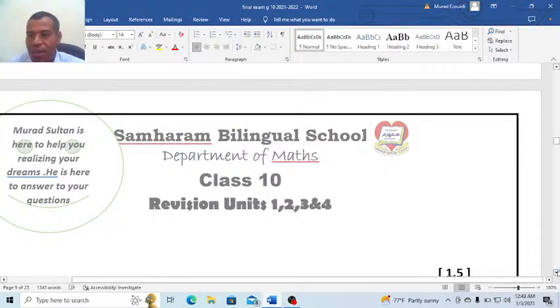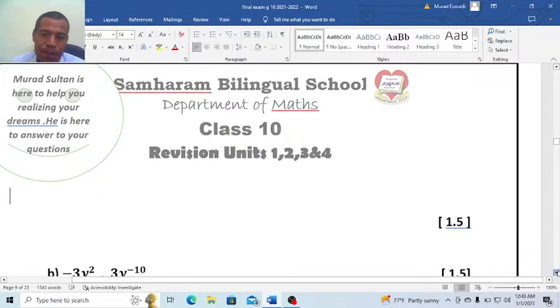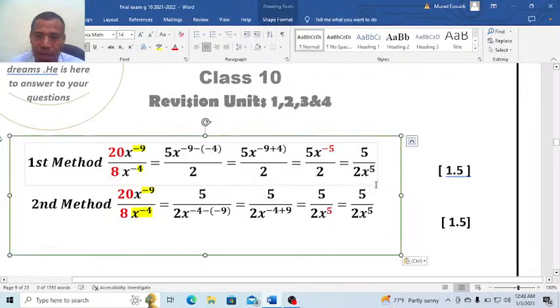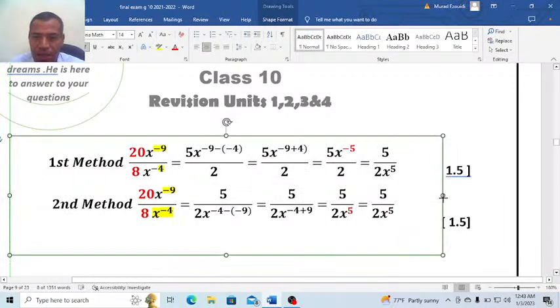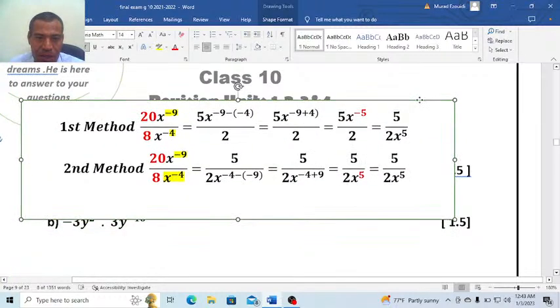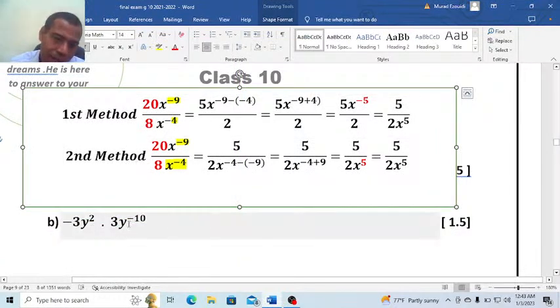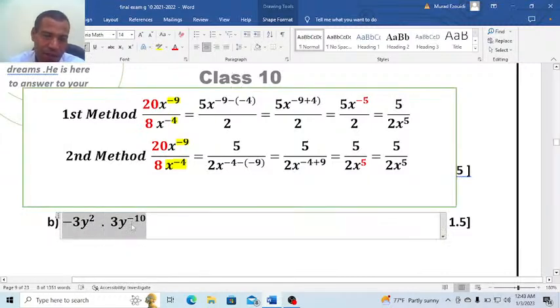Therefore, now we continue. I will just move to the next part. Question B, I will make a copy. So the question exactly, learners, is B: negative 3y square multiplied by 3 to the power negative 10. So this one I will write it as,